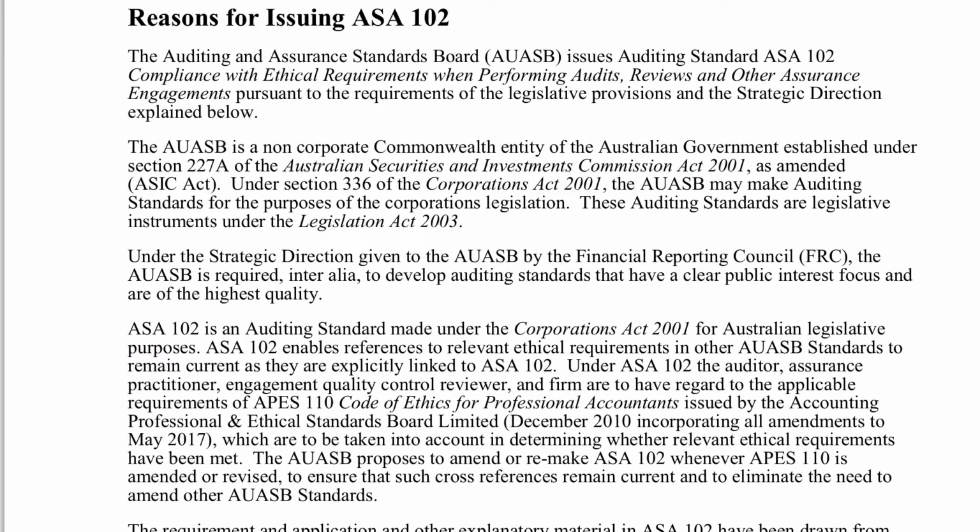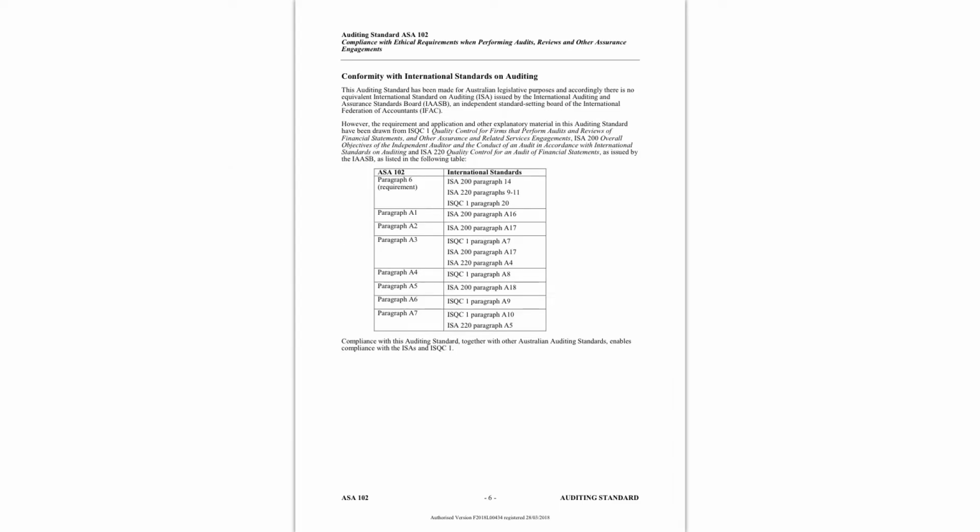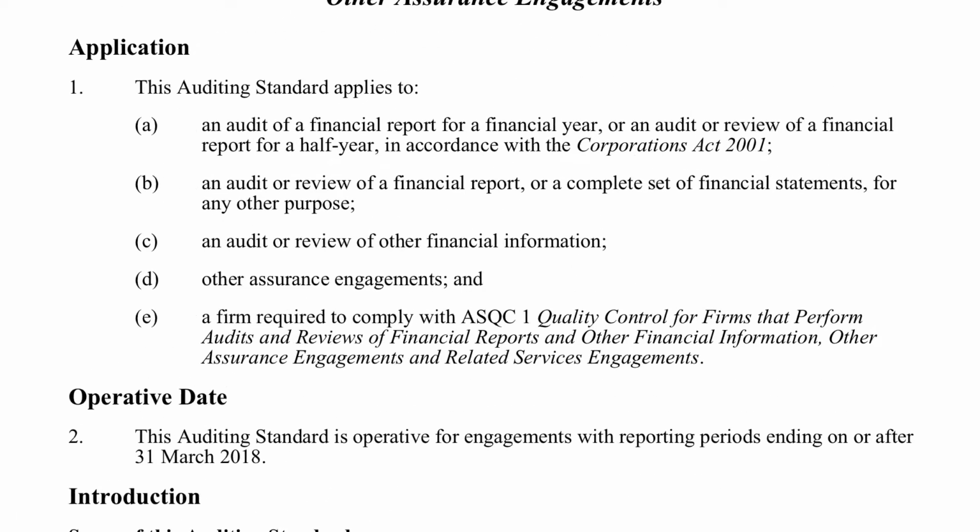So ASA 102, let me just highlight this, is a standard made under the Corporations Act for legislative purposes. It enables references to relevant ethical requirements in our other standards, and those ethical requirements are contained within APES 110. Now, if we actually go into the standard, and I zoom in here,